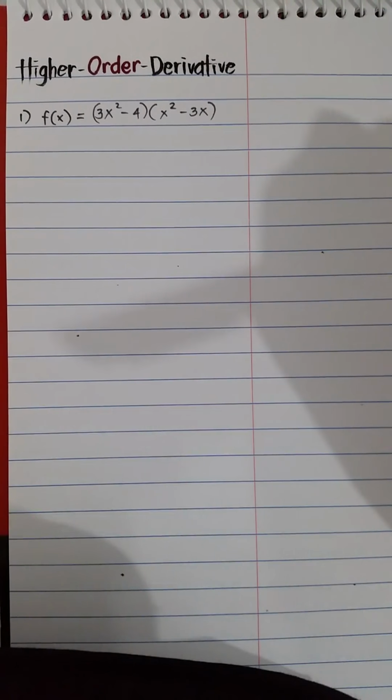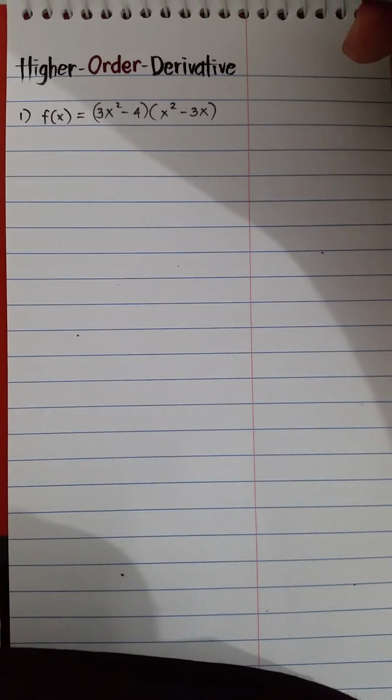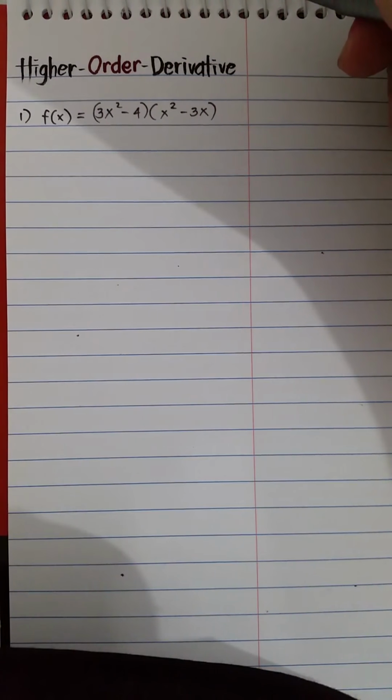Okay. Next up is the higher order derivative. This is when, after getting the derivative of a function, the result is still differentiable. So that's how we get the derivative of a function. Let's try this. If the given function is (3x squared minus 4) times (x squared minus 3x),